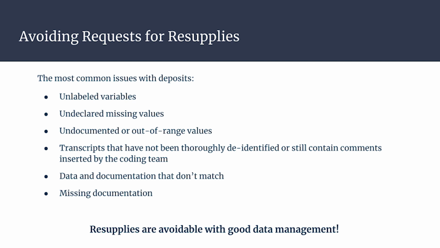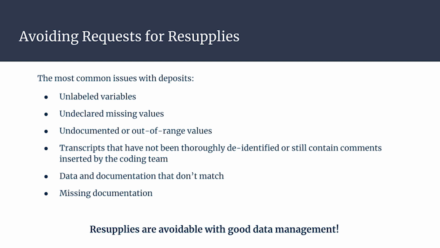If you've ever used data that were not adequately labeled, then you understand the importance of providing this information. Variable names and value labels are often not intuitive. Unlabeled data can significantly reduce data usability and make for a frustrating data use experience. In the submission checklist and inventory file, we ask that you confirm that these issues have been addressed before submitting